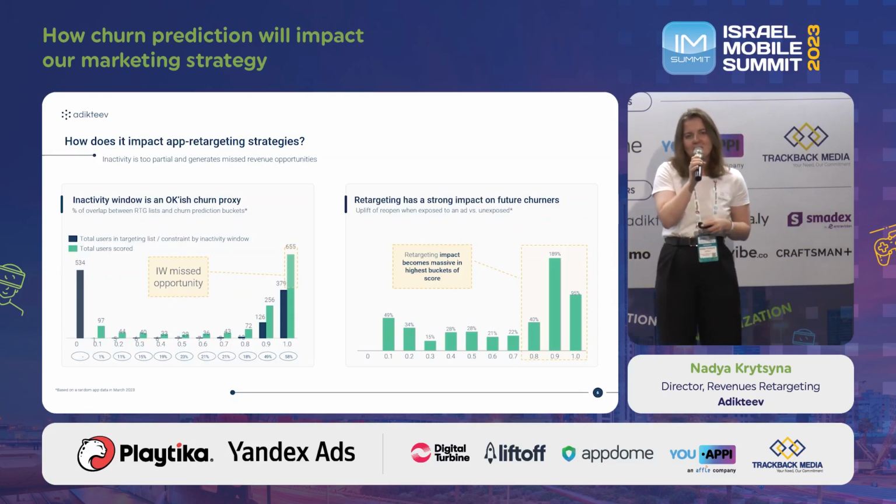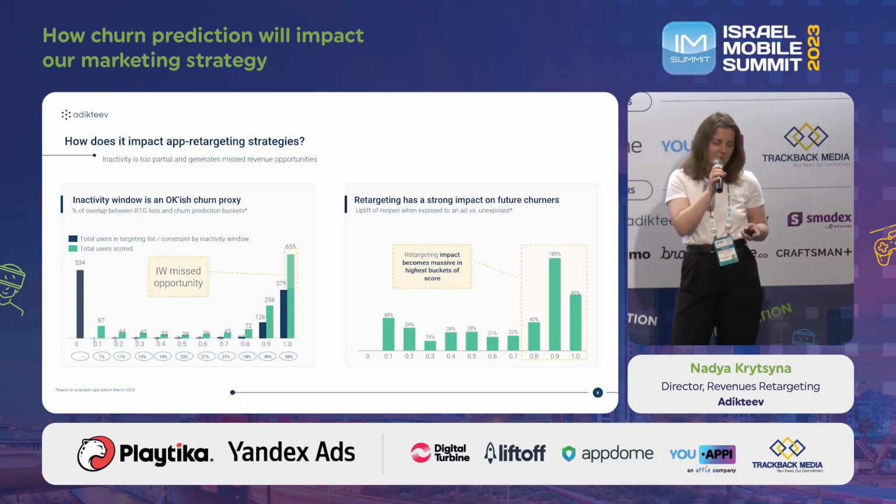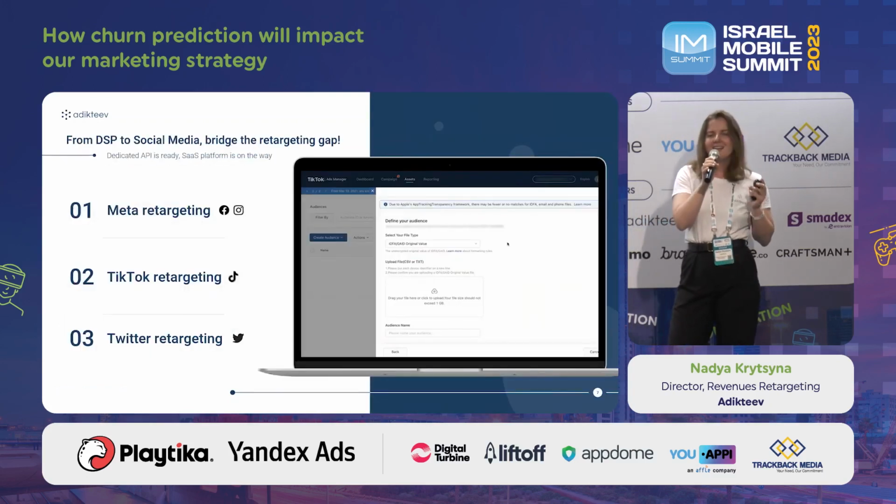And also, Adikteev is one of the pioneers in uplift testing and incrementality. That's why we check uplift on everything we do. And we see that users in segments with the highest probability to churn have a really low likelihood to get back organically. We see amazingly strong uplift for those segments, meaning it's profitable and worth the investment to secure the finances of our clients.